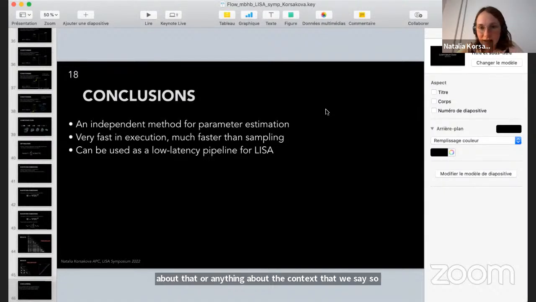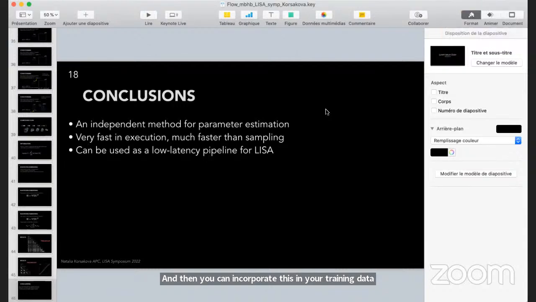So I haven't done this yet. Here, I just assume simple noise that you sample in the usual way from the PSD. But in principle, because you create your training data as one representation of the waveform sampled from the prior, plus the noise, you can also vary your noise in a different way. You can put different models for the noise variation, and then incorporate this in your training data. So that's possible to do. Okay, thank you.